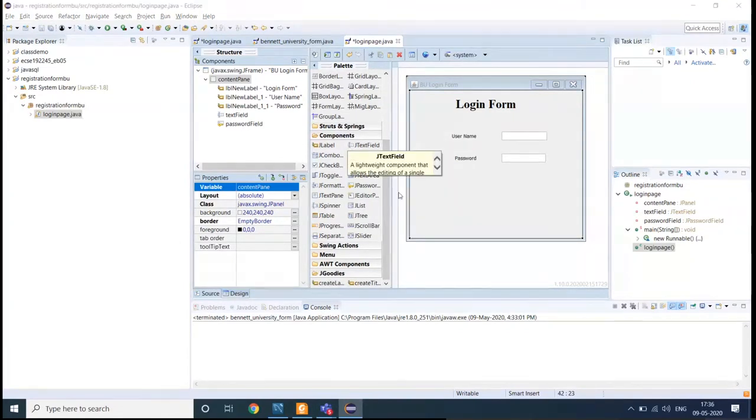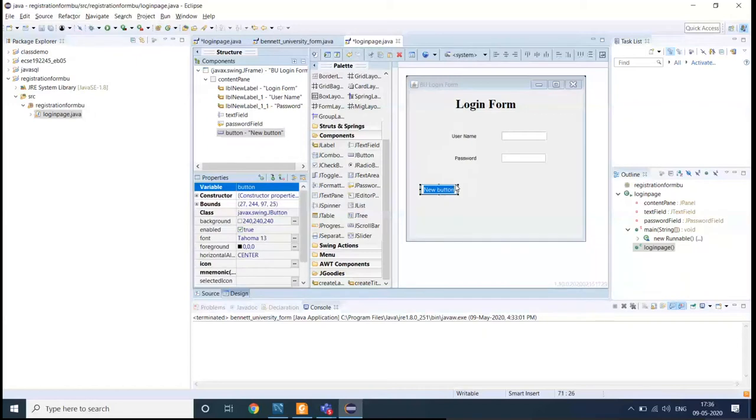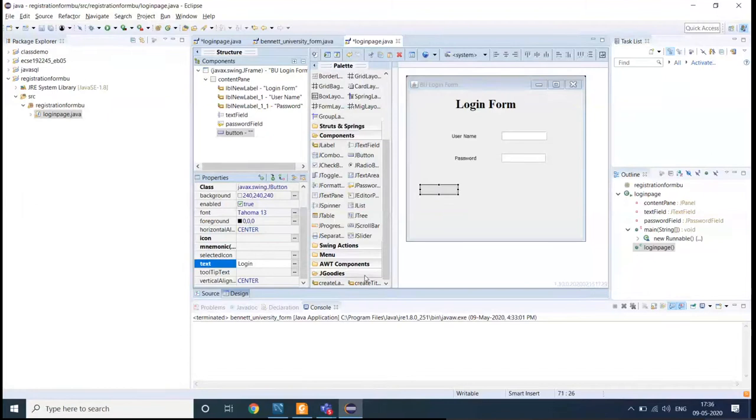The buttons are, so what you do, see these components are already there. Whatever component you want to use, I want to use a component that is your button. The name of that button is, let me add text as login. Got it. Similarly, I want to create one more button that is your